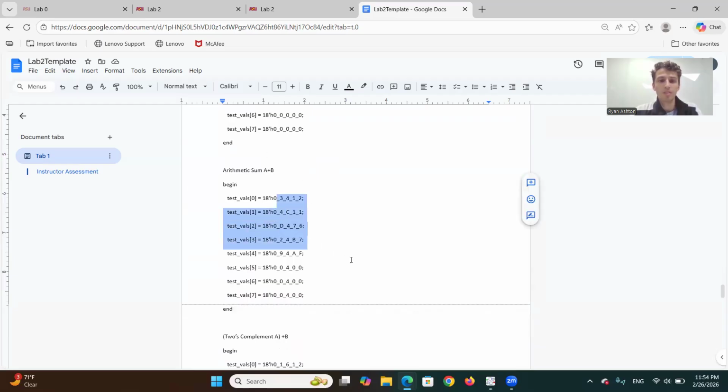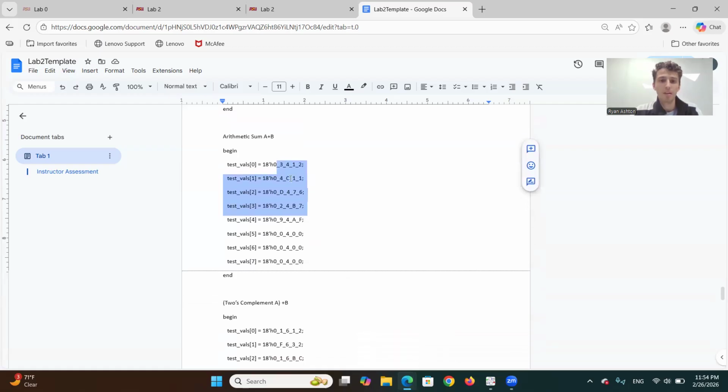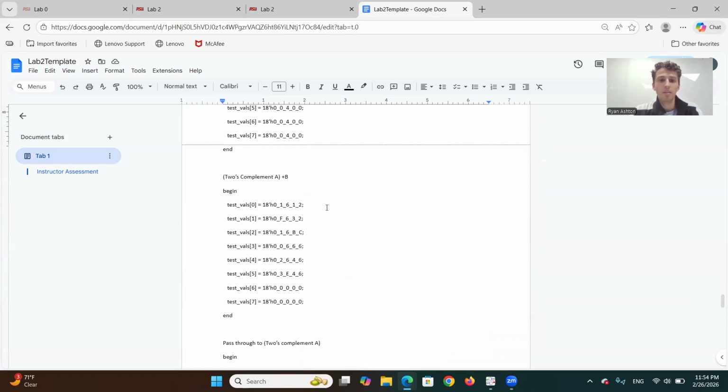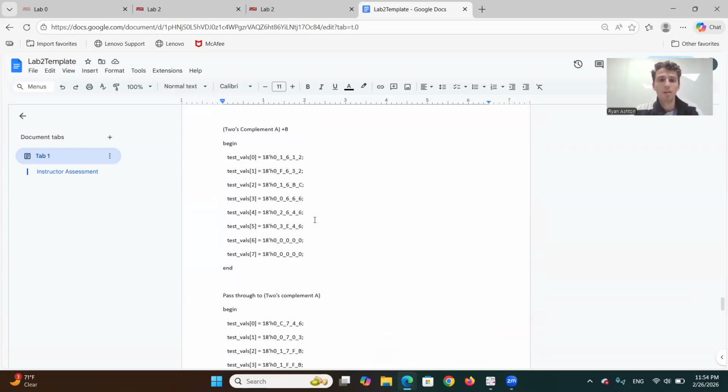It just takes the non-complemented A and B, and then you can add a carry in to change your value as well. The two's complement version adds the inverter to the arithmetic to have positive and negative numbers